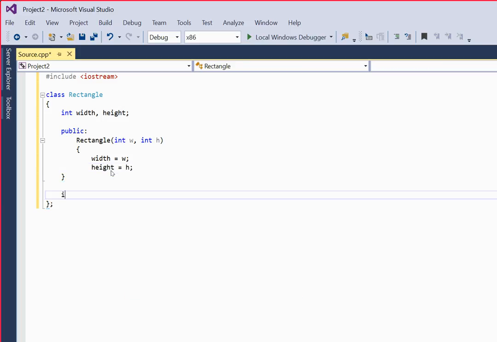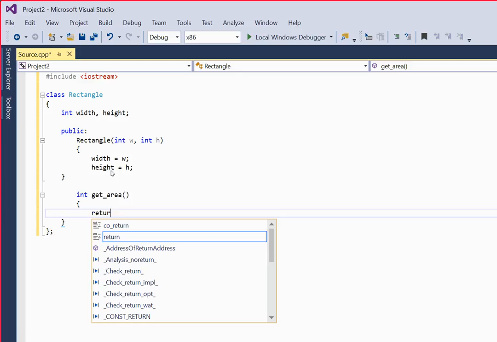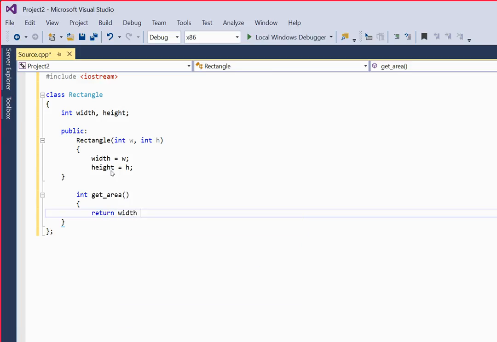Right, and you have target area. This is width and height, and then